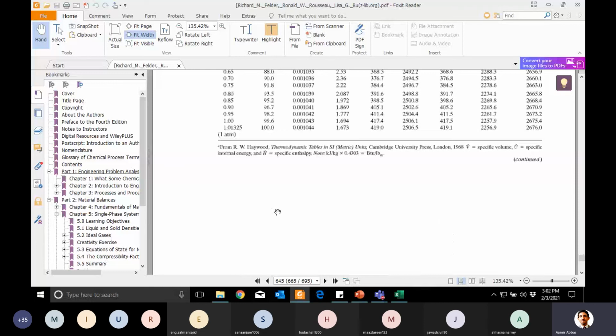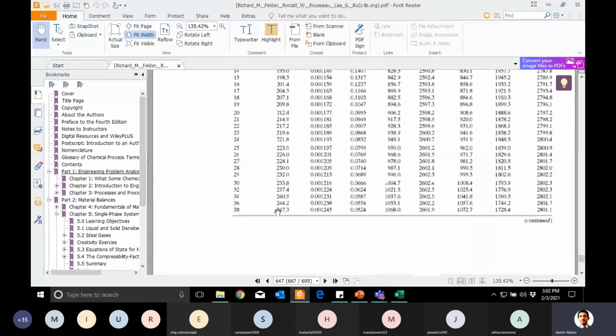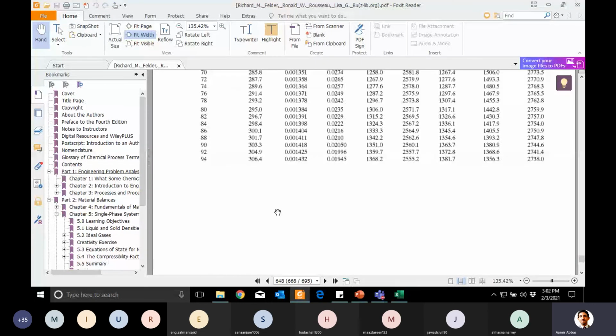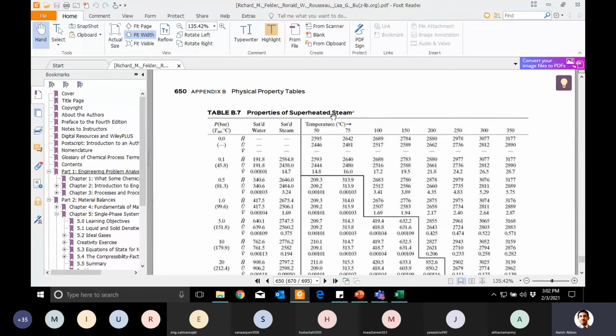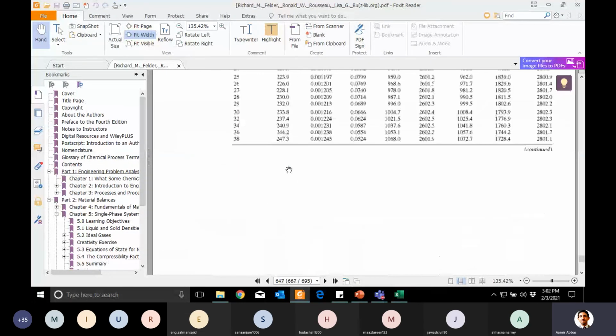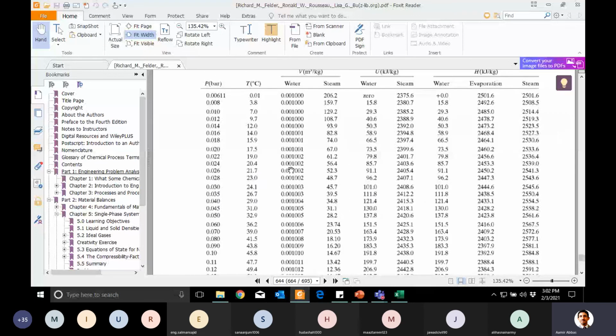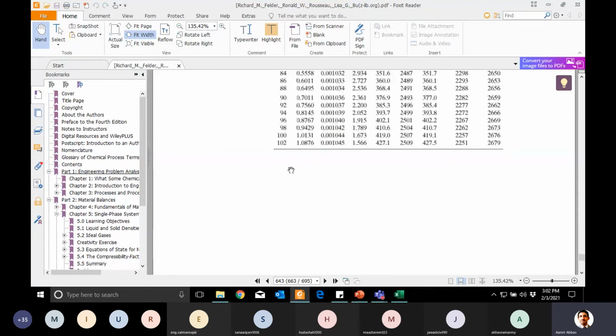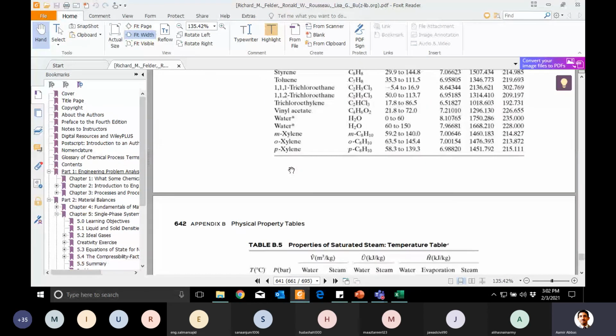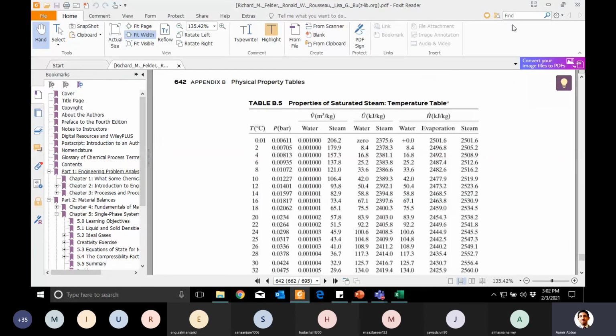And then there is one table for superheated steam. That's given here, but superheated actually depends on both temperature and pressure and is a bit complex. So I will definitely start the next lecture from here. I will quickly tell you how you can read that table, because many people are not here, and I don't want many people to miss it and create trouble later on. But at least I think you can easily read this saturated steam table.